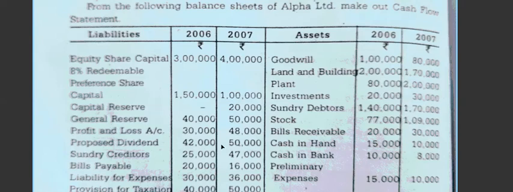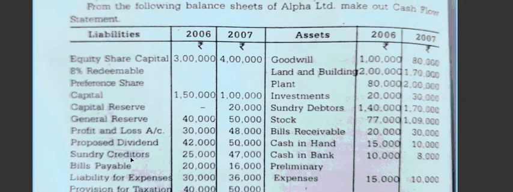You have to open the formula. Dividend paid, you have to check. If the dividend paid is not there, then the same dividend is paid in the next year. It means the dividend of 2006 is paid in 2007. That account you have to open, then you will get it. Profit and loss will go for the operating activities. Dividend paid will go for the financing activity.